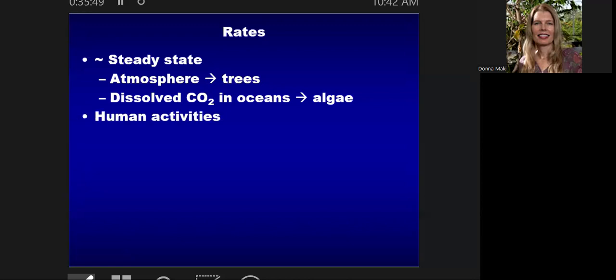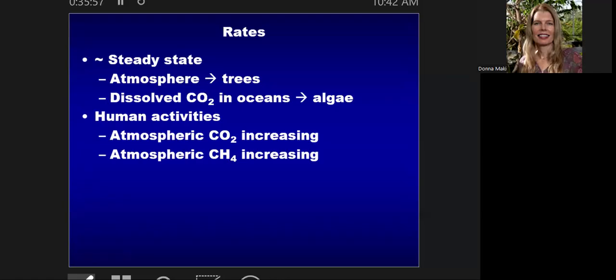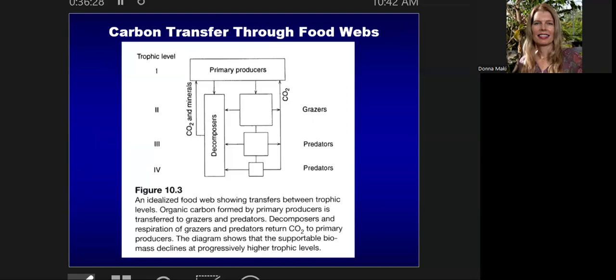But of course, then we come along and do our activities, and we certainly are influencing the carbon reservoirs and the carbon cycling. And unfortunately, of course, methane, you've heard about that as a greenhouse gas. They're concerned about it because it can trap heat so much better than CO2. And so you have these steady state processes going on, but when you're thinking about all this cycling, you definitely cannot ignore what humans are doing and have been doing and will continue to do in terms of how it's impacting the different pools, but especially like the CO2. That's because it's such a small pool, such a small reservoir, it's easily disturbed.